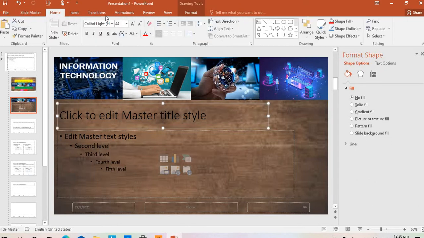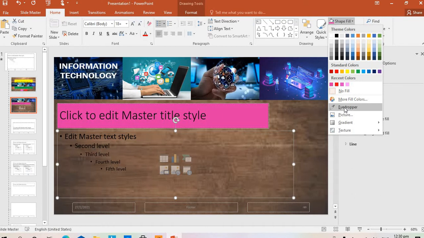So you go back to home. So you're going to fill shape. Now I like using the eyedropper because I can simply get colors that coordinate. Alright, so take for instance, I want my text boxes to have, say, one of these colors here. Say take for instance this here, the hair of the girl here in this picture. I can click on it. So basically that's the color of my text box, and I want this one to be, say, this color here. So I can go back to fill shape, eyedropper,